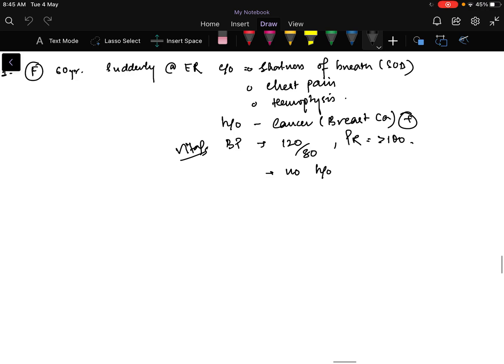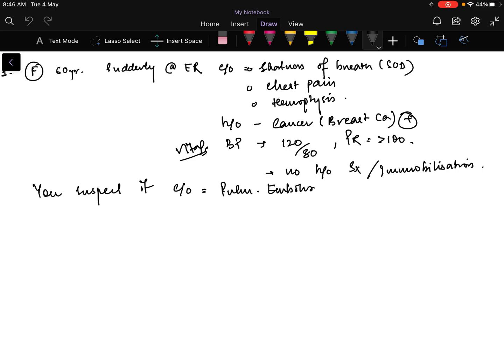No history of surgery or immobilization. So now you suspect it as a case of pulmonary embolism, right? So now this pulmonary embolism,